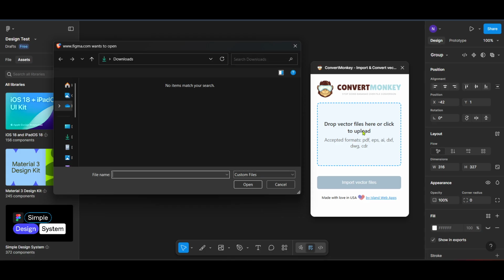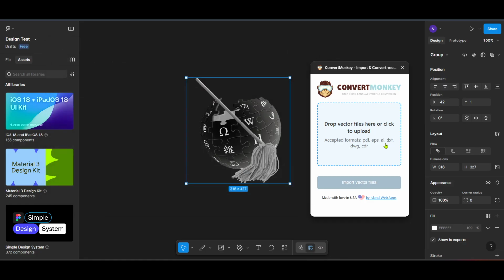And there you have it. You've opened an AI or EPS file in Figma without the need for Adobe Illustrator. This method is not only efficient but also seamlessly integrates your vector work into Figma's collaborative setup. Keep this guide handy for those times when Illustrator isn't an option, and enjoy the ease of using Figma for